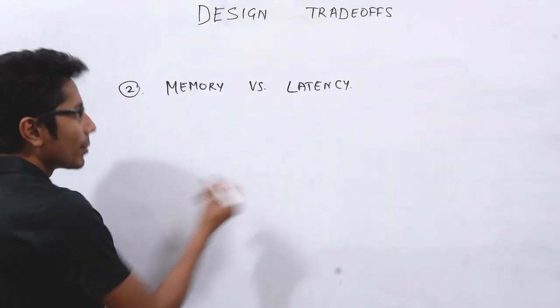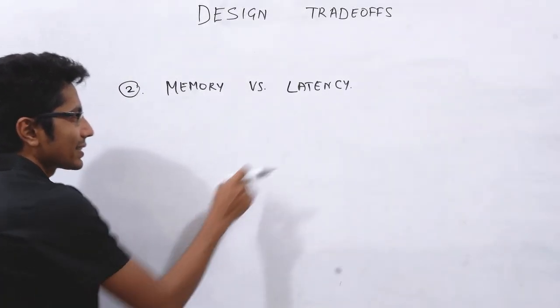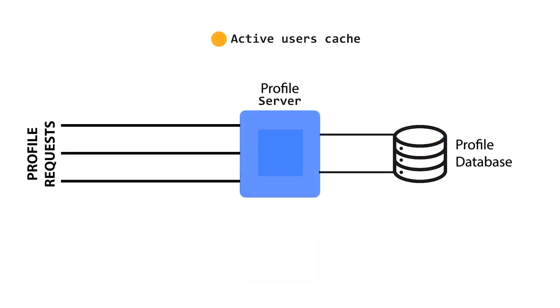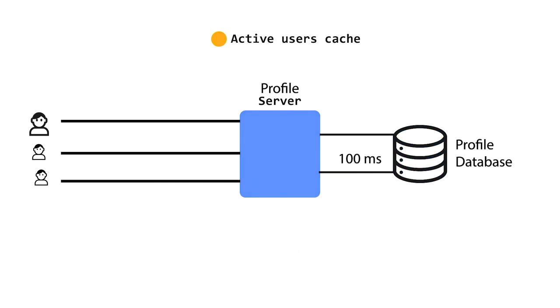Another trade-off is memory versus latency. And the best example of this is a cache. If you get a request in any system, fetching from a database is going to take time, let's say 100 milliseconds. If you have the popular profiles, the people who are extremely active on Instagram, all cached in an